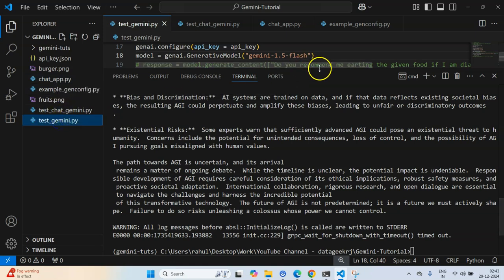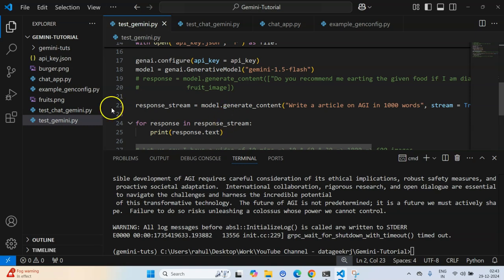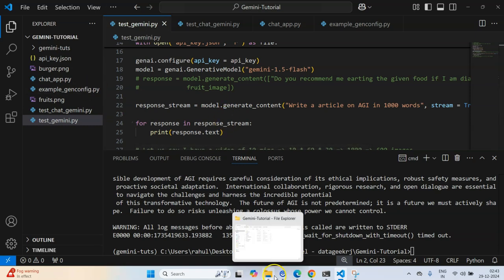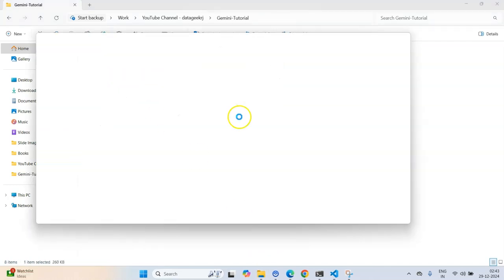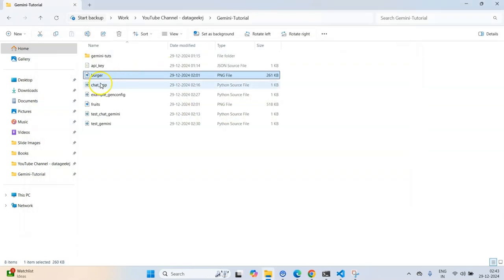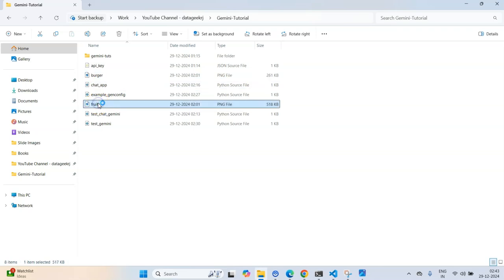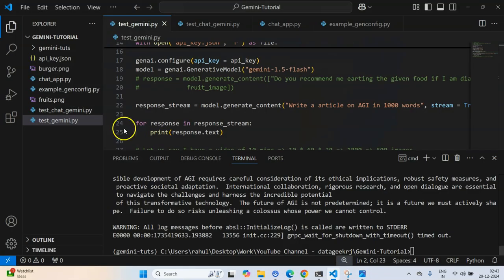So first one, we will be looking at how to do simple text prompting, how to configure Gemini API, how to do text prompting, how to do image prompting with two images that I have downloaded from internet. First one is this burger image, and we will basically try to ask Gemini whether we have to eat this or not if we are a diabetic patient. Okay, and after that we will be looking at